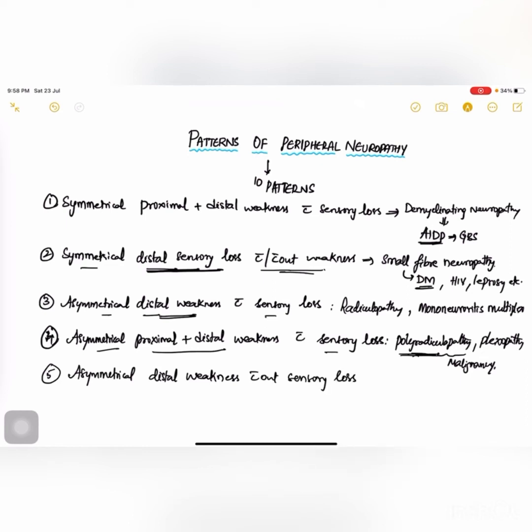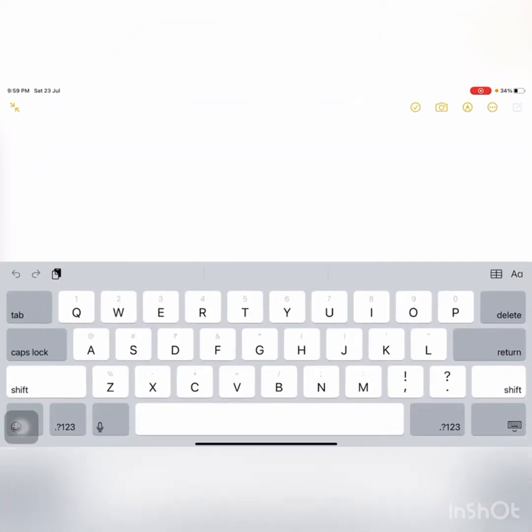That means here only pure motor involvement is present without sensory loss, and it is asymmetrical in nature. Asymmetrical distal weakness points to anterior horn cell involvement. That is, the anterior horn cell gets involved in case of amyotrophic lateral sclerosis. So this is the fifth pattern. Now coming to the sixth pattern,